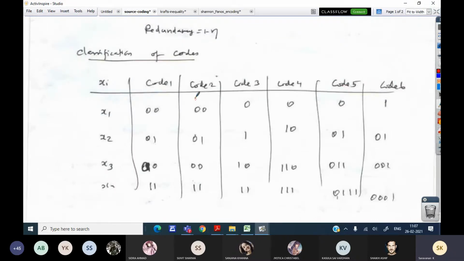Next, we are going to classify the codes. I have written six different codes.